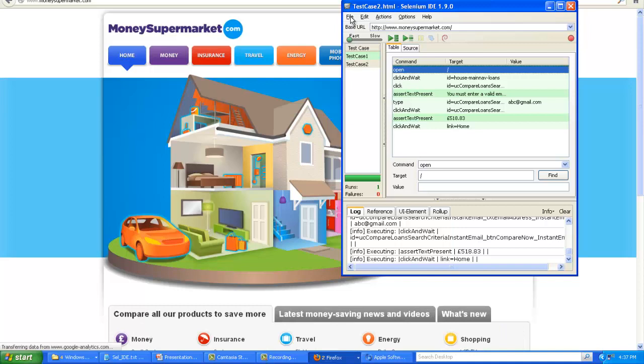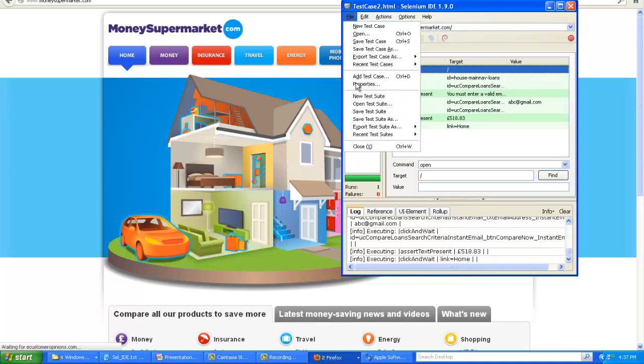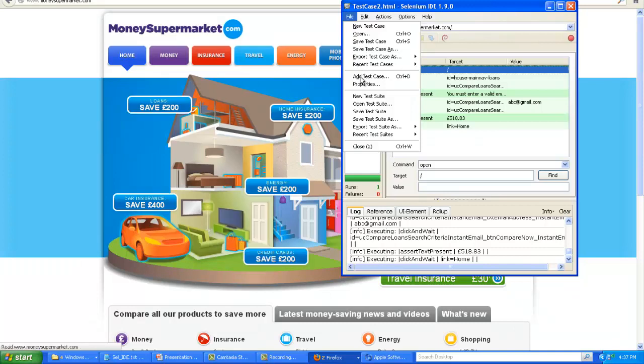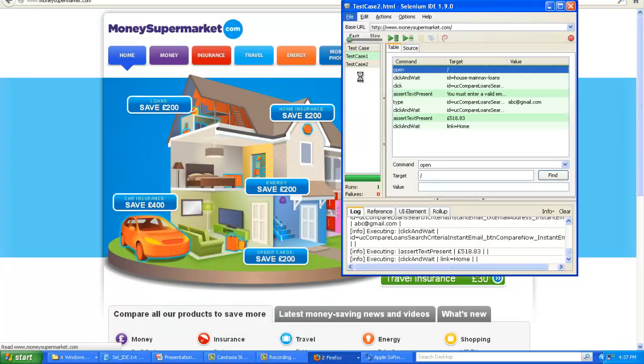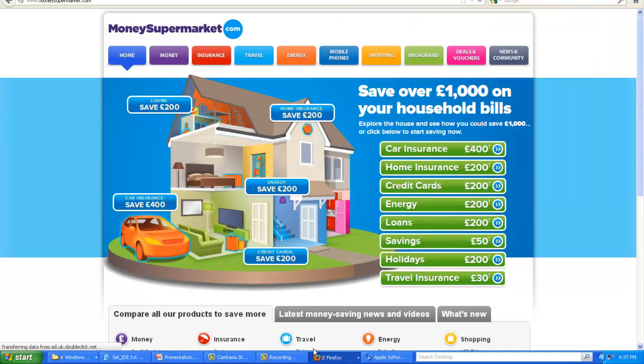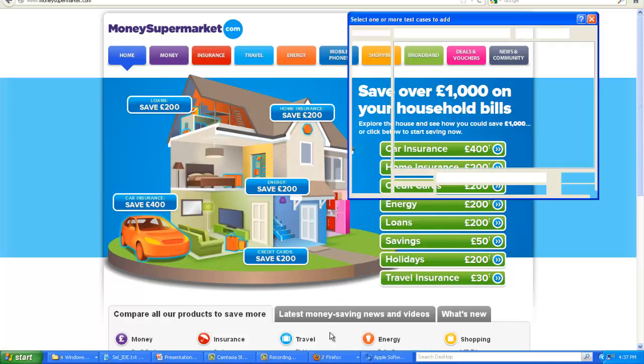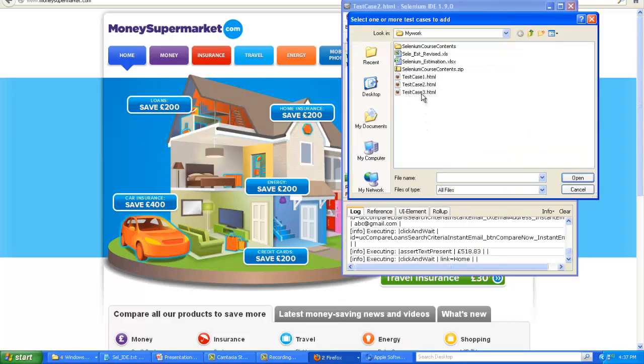Again we'll go to File, add test case 3, we will add this test case 3, we'll open it,